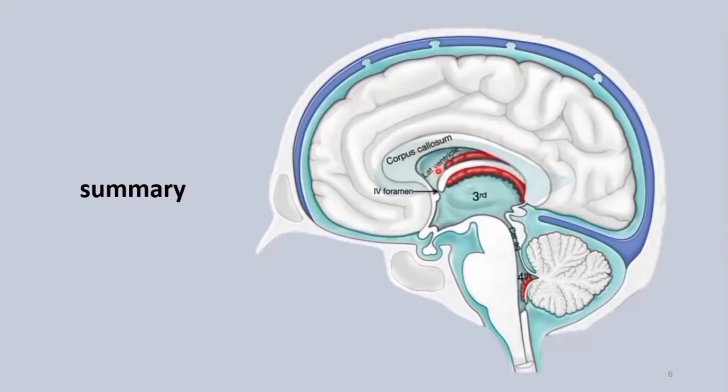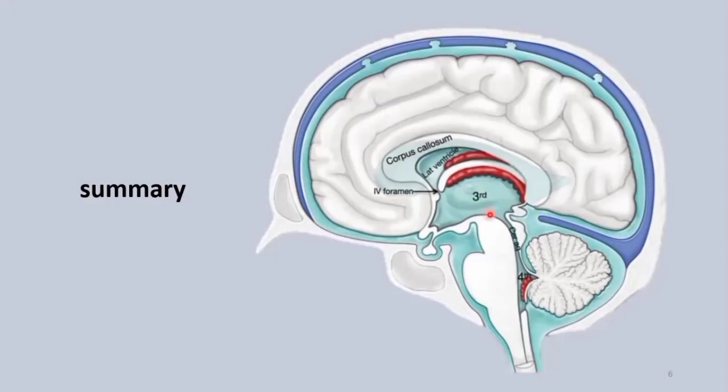In the lateral ventricle, there is a red line. It is known as the choroid plexus. From this, the CSF is produced. Then there is the interventricular foramina of Monro, which is in between the lateral and third ventricle. Then this is the third ventricle. You can see this red line; it is the choroid plexus of the third ventricle.